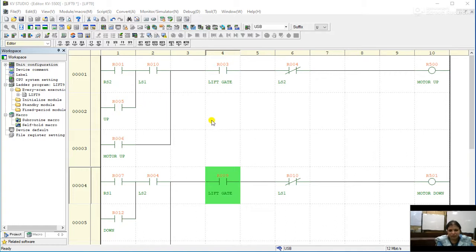Similarly, based on the logic, we have developed the ladder program for the lift control. Here the basic concept is what we will come across in the case of the lift control. In lift control, what all can we see?